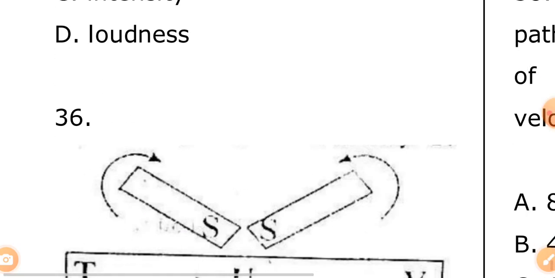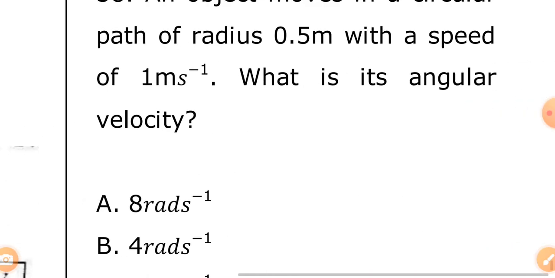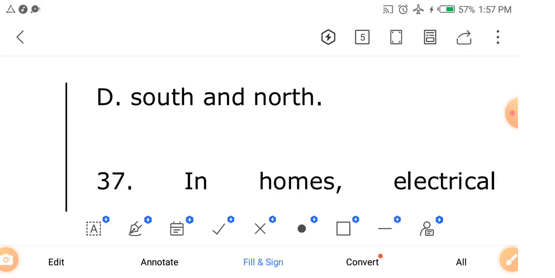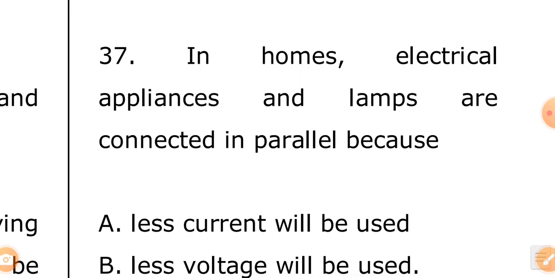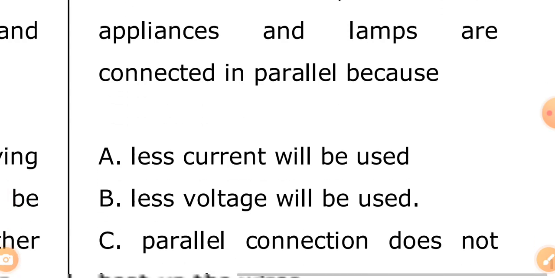Let's look at question 37. Question what? 37. Okay, pay attention. Let nothing distract you. Just give me your ears. In our homes, electrical appliances and lamps are connected in parallel. In homes, electrical appliances and lamps are connected in parallel because